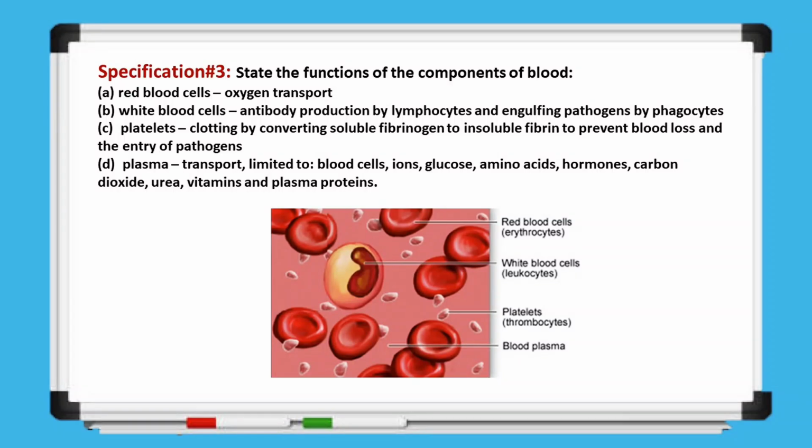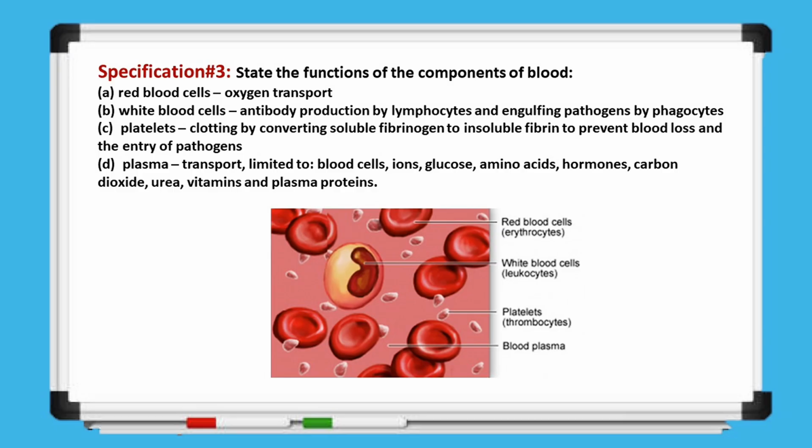Next, we move on to specification number 3. This specification requires us to state the functions of the different components of blood. Each component has a specific role, and our explanation should be limited to what is clearly mentioned in the syllabus. So, let's find out how the components of blood work, how red blood cells transport oxygen, while white blood cells